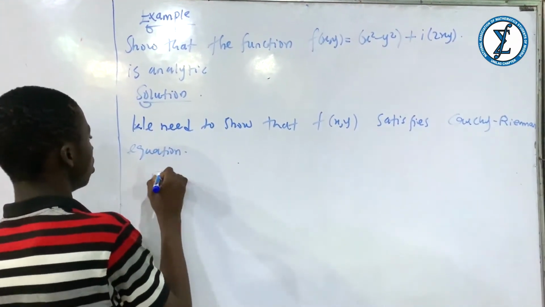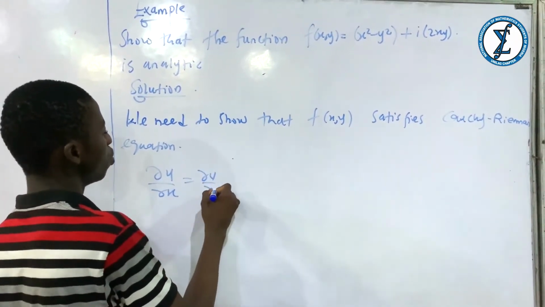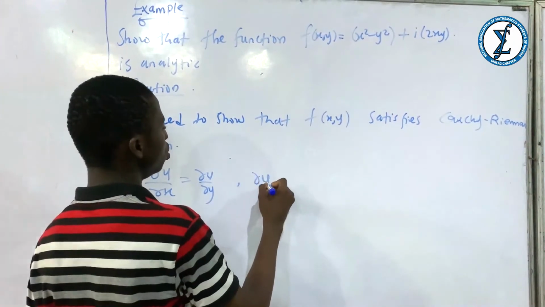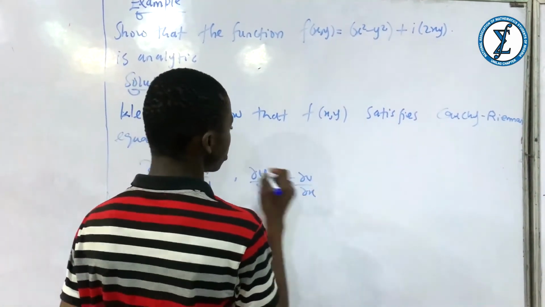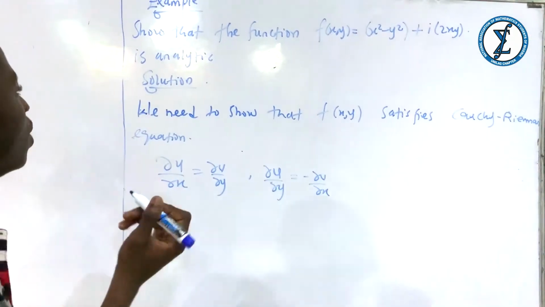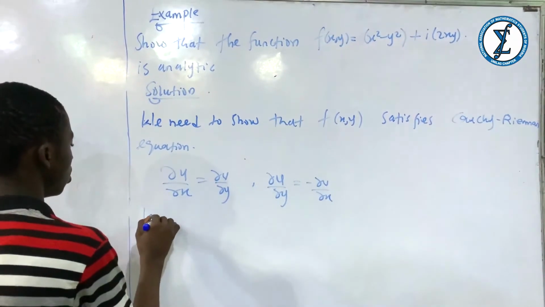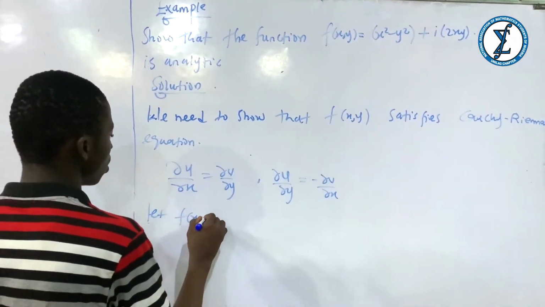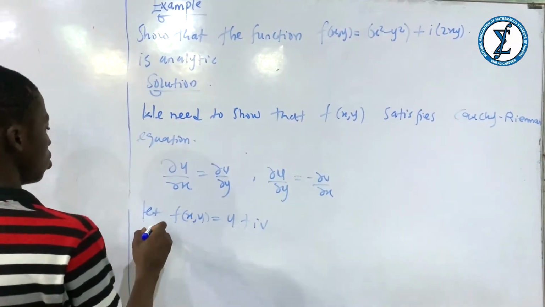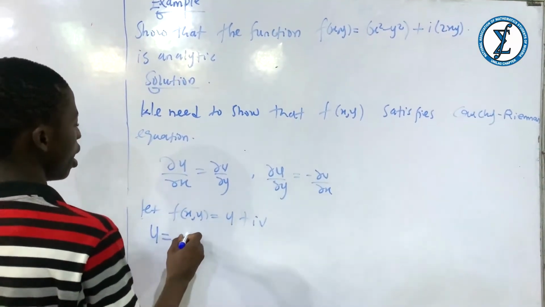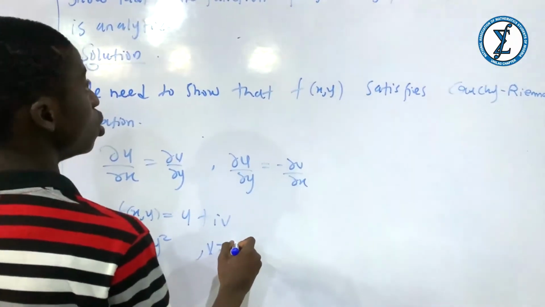That is du dx the same thing as dv dy, and du dy the same thing as minus dv dx. So now, let f of x, y be equal to u plus iv. So we can compare that. So u is equal to x squared minus y squared, and v is the same thing as